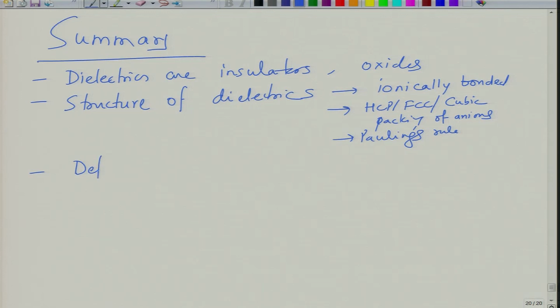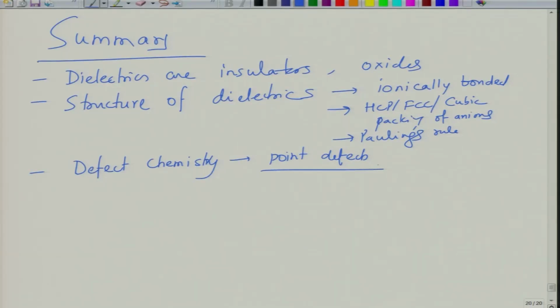After that, we looked at what we called defect chemistry. Defect chemistry is extremely important because of the presence of point defects, which means the presence of vacancies of oxygen, vacancies of metal, interstitial metal, and oxygen interstitial. They give rise to extra electrons or holes in the system, and they also depend upon temperature, partial pressure of oxygen as well as impurity concentration. Presence of these point defects is very important from the consideration of dielectric behavior.